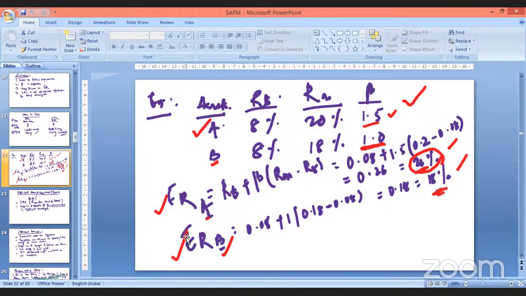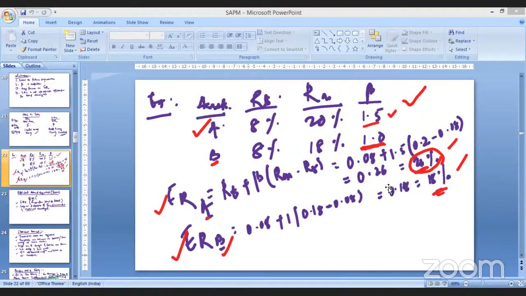In the same way, we can compute the expected rate of return for asset B. Clear? Yes, sir. Did you understand? Yes, sir. So this is all about the capital asset pricing model, the capital market line, as well as the security market line and their distinction. Clear? Yes, sir. Ashutosh sir is asking again, please, sir. Which one? Ashutosh Babu, can you